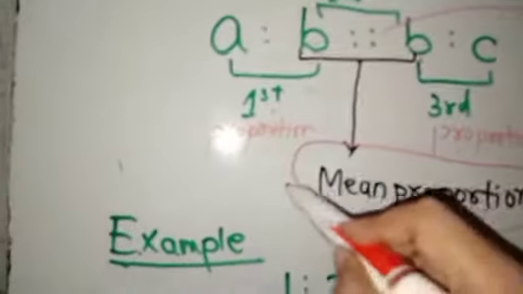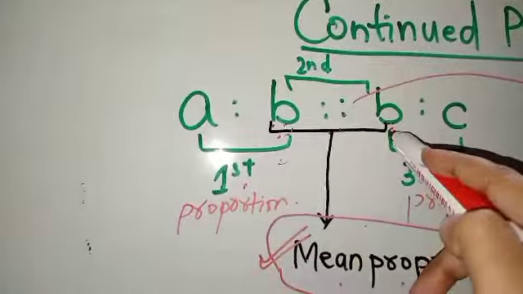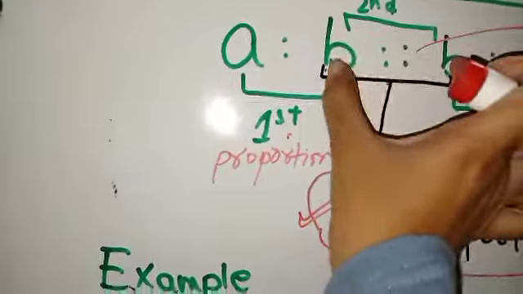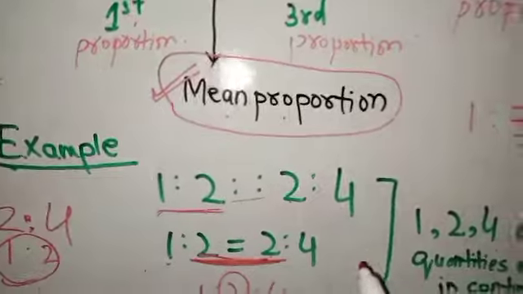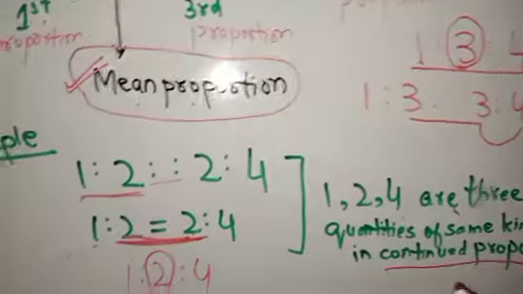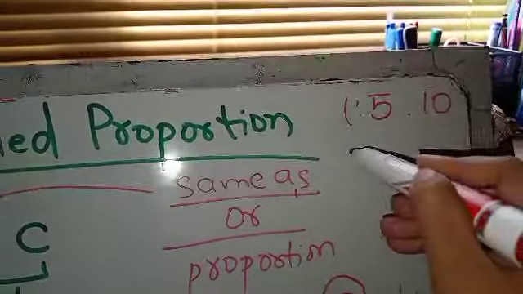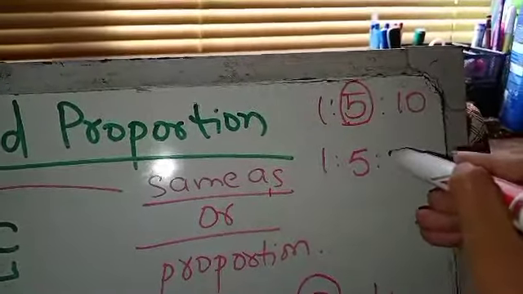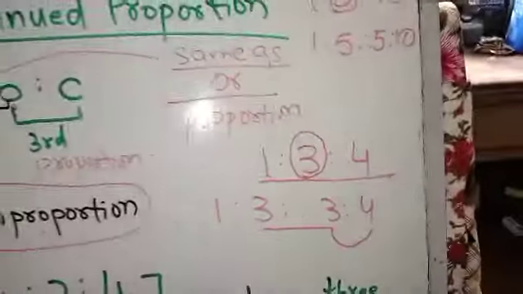You have to learn the term mean proportion. What is mean proportion? The number written before the four dots and the number written after the four dots is known as the mean proportion, the second proportion. They are in continued form, and that's why they are known as continued proportion. If I am writing like this, 5 is to 10, you will say that this 5 is repeating in this continued proportion. It is like this. Okay, very simple. Clear?